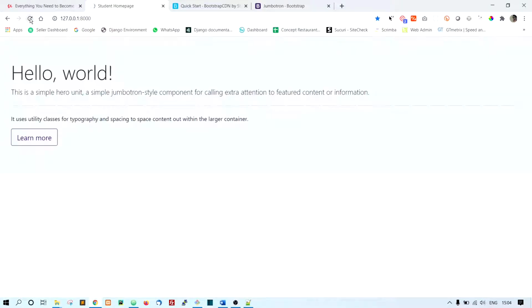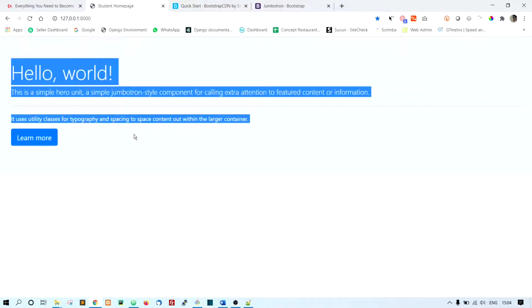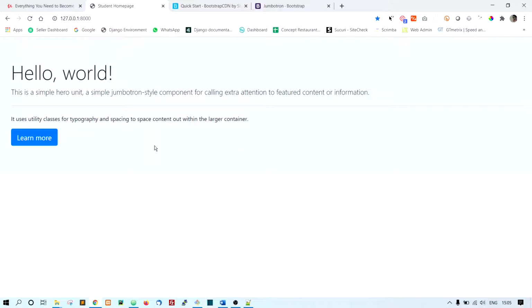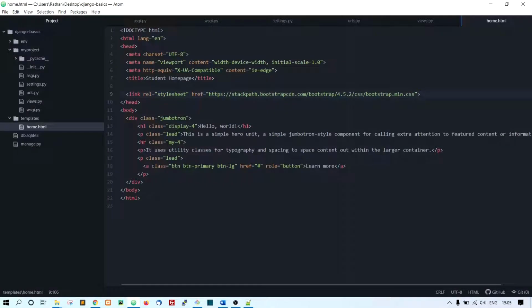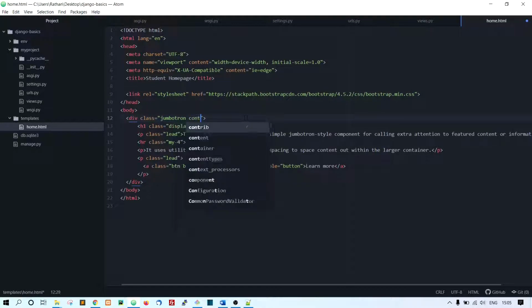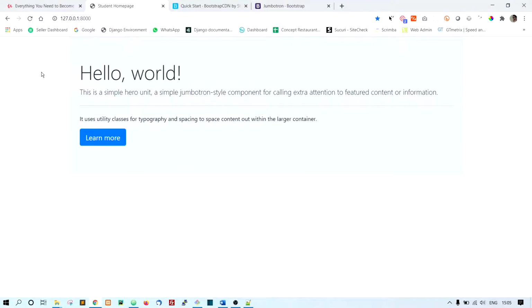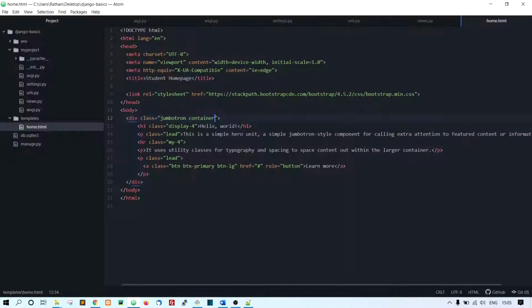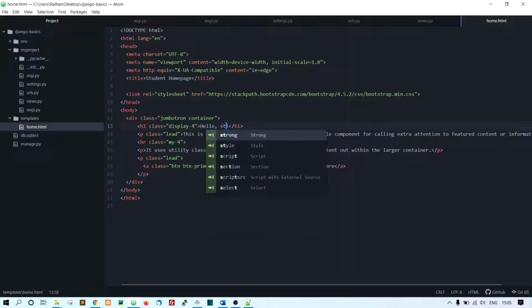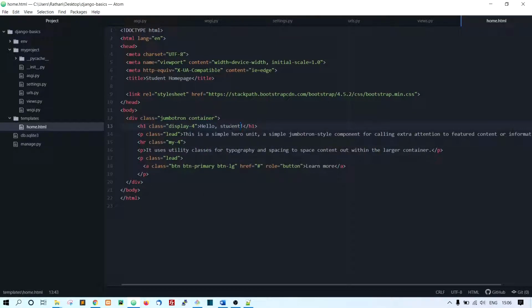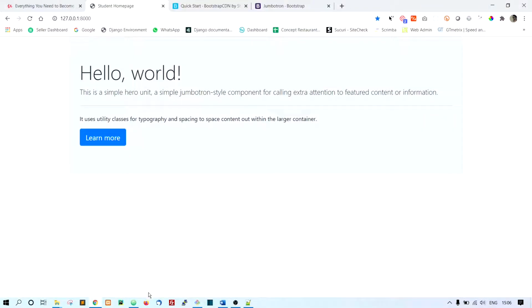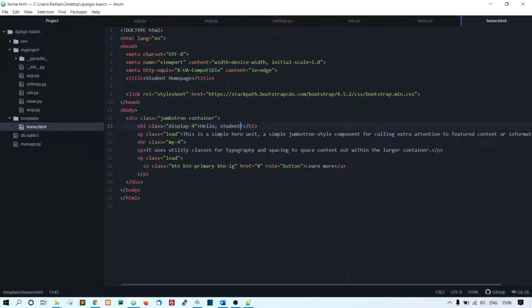Now if you reload the page, alright, now this is the Jumbotron, but it is full width. We don't want full width, so let's go to home.html, and in the div class jumbotron, let's add container. Save and now refresh. This is how it looks. So let me quickly change this. Hello, let's say student. This button also, instead of learn more, let me say